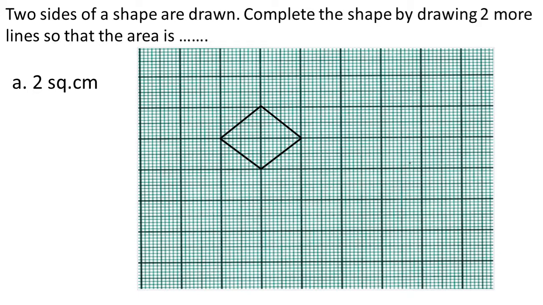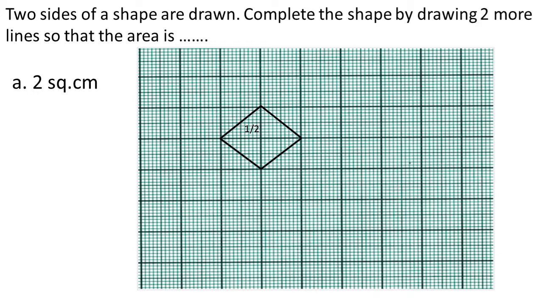Now we need to find out the area of this square, and if you see the graph, here are squares in the graph. Okay, here are some squares in the graph and the lines are passing through the middle of these squares of the graph. Okay, so let us see how much is the area. One by one we'll see.